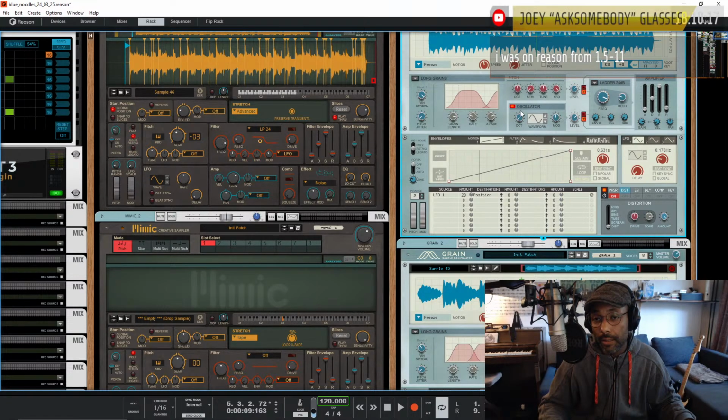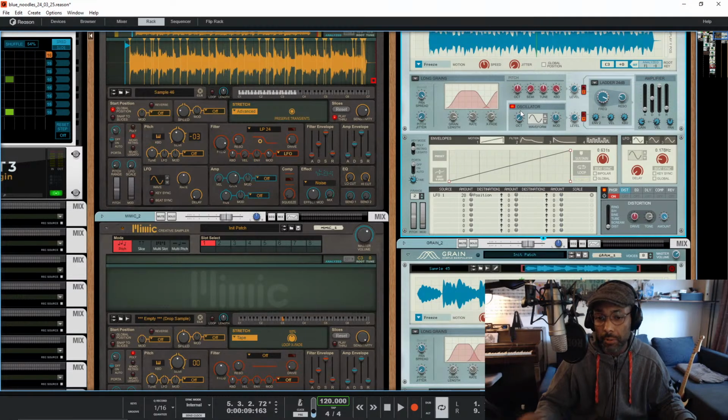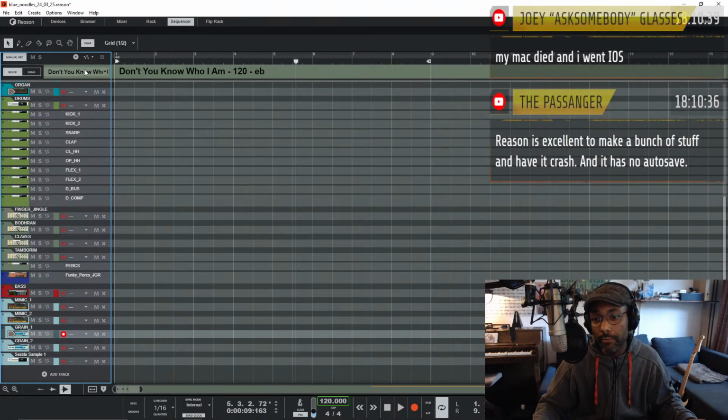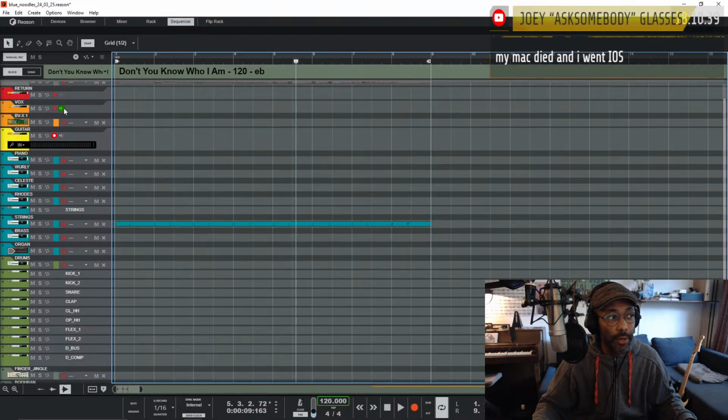I think I started on Reason 5.0. And in the first years, it wasn't about production. I had a super old keyboard and I could not listen to the badly sampled piano anymore. That's the only reason why I asked a friend who knew more about computers and music to help me.